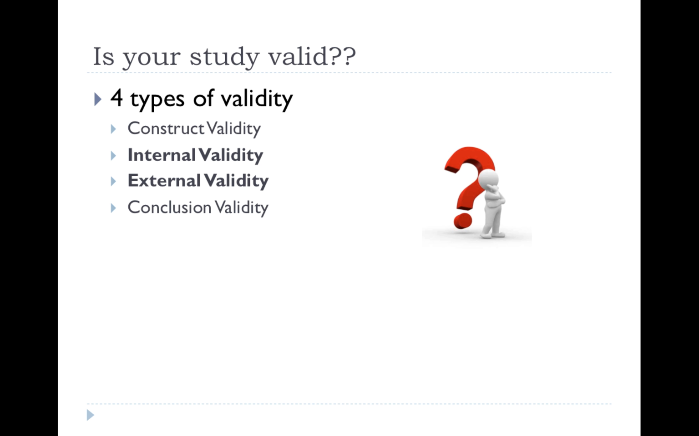Hi everyone, so we're going to continue to talk about Chapter 4. Specifically, we're going to talk about the 4 different types of validity. So the first one we're going to talk about is construct validity. So construct validity refers to whether your operational definition of a variable actually reflects the true theoretical meaning of a